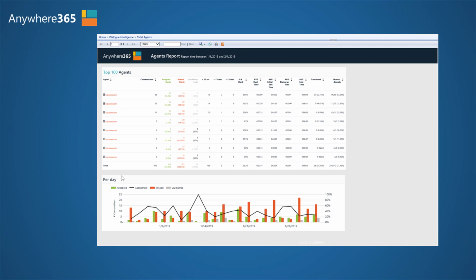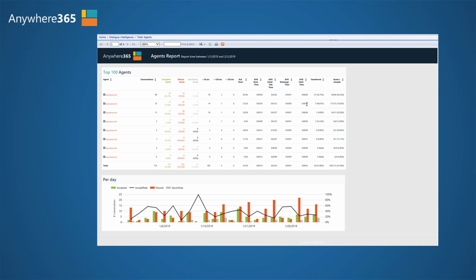If you watch the information in this agent report, you'll have 2 missed hunts and 1 accepted hunt. In here you can see per agent how many calls were accepted, how many hunts were missed, how many quick drop hunts, these were hunts less than 5 seconds, what's the average response time SLA for the agent, what's the average response time or hunt time before they pick up the call, how long they talked with the customer, which discharge they used,